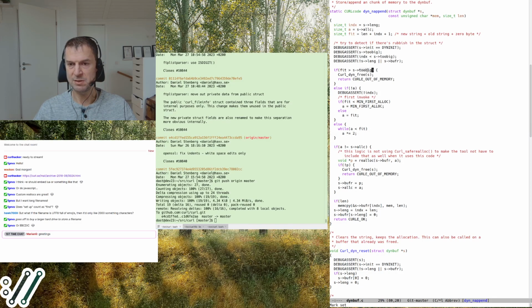But too big could be set to 100k. That would mean that this little loop here would allocate 28k that can never be used, because 28k would go beyond the too big amount. Basically, we would just waste a big chunk of memory that can never be used because we have another limit that says we can't use that much.